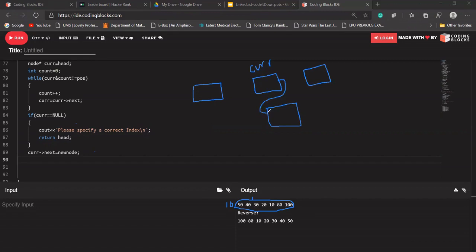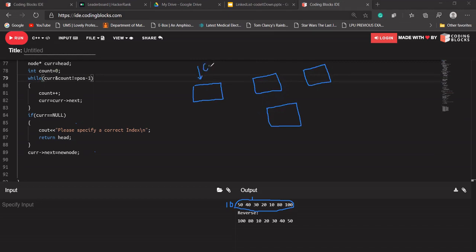Although we want to add it before this, so instead of position, let me write position minus 1. Now our loop will be broken and our current will be pointing to this node.